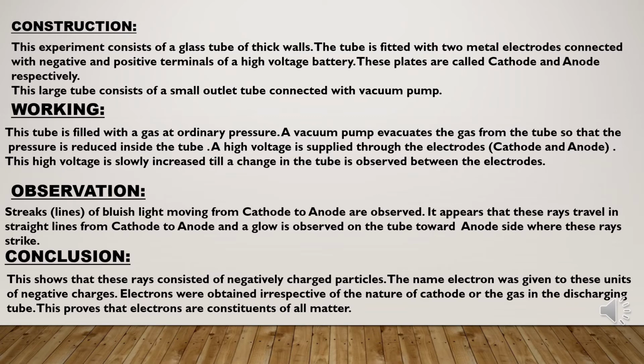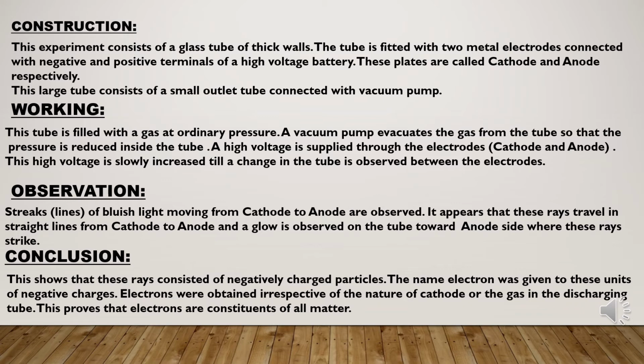How it works. This tube is filled with a gas at ordinary pressure. A vacuum pump evacuates the gas from the tube so that the pressure is reduced inside the tube. A high voltage is supplied through the electrodes. This high voltage is slowly increased till a change in the tube is observed between the two electrodes. Now what is going to happen between the two electrodes